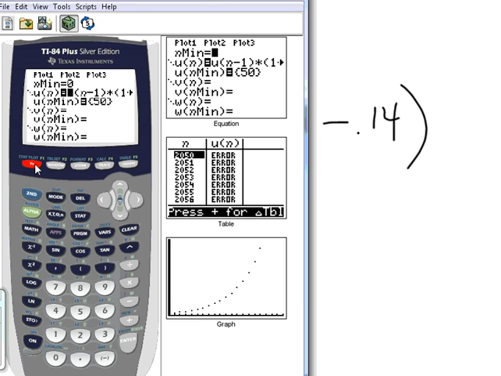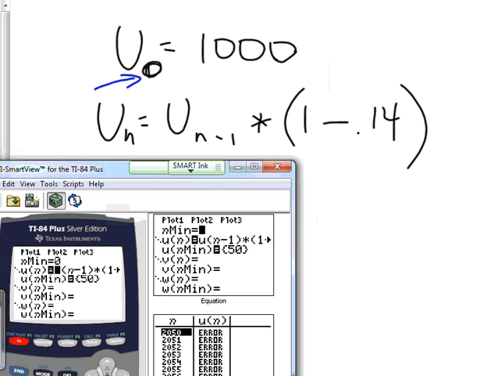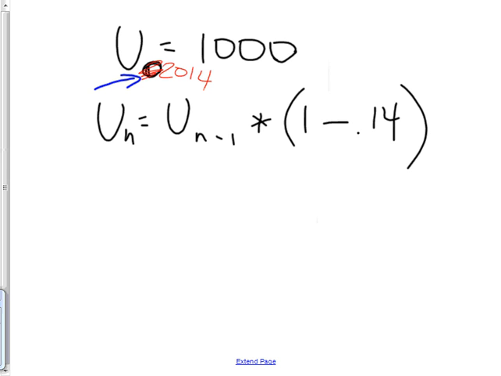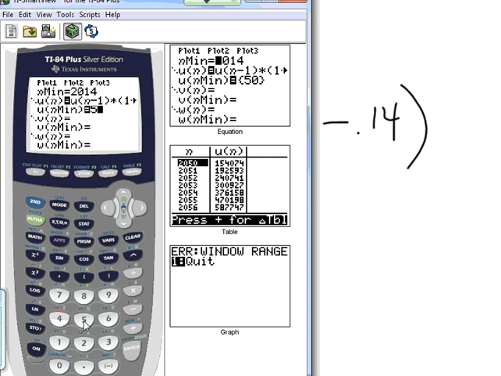All right, now I want to change one more thing. Let's say instead we start with the year. You know how I was saying we could start with a 0, or we could start with a 1? If you look at this formula right here, this could be the year 2014. Let me show you why that's a smart thing. Okay, let's go up to the top. Everybody change this to the problem with the 50 wolves. Let's say it's starting right now, 2014. And let's say that now, though, we have 500 wolves by now.